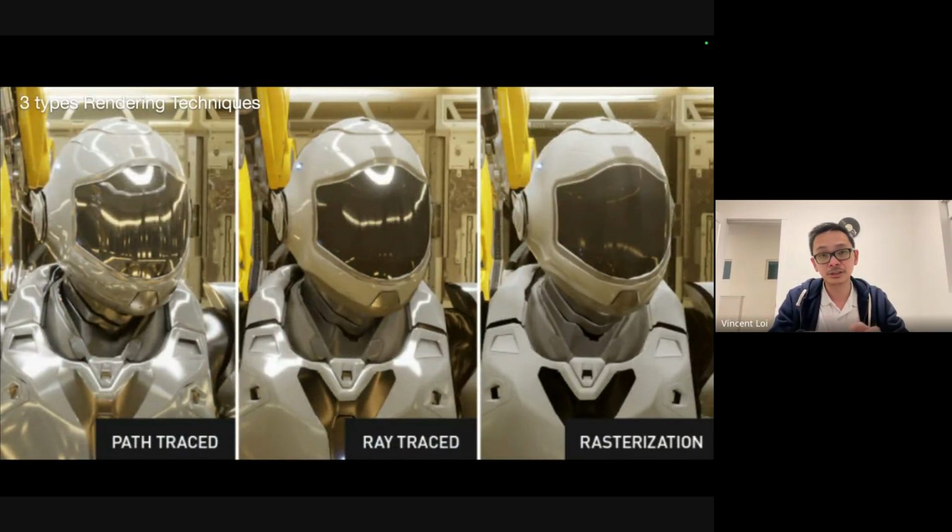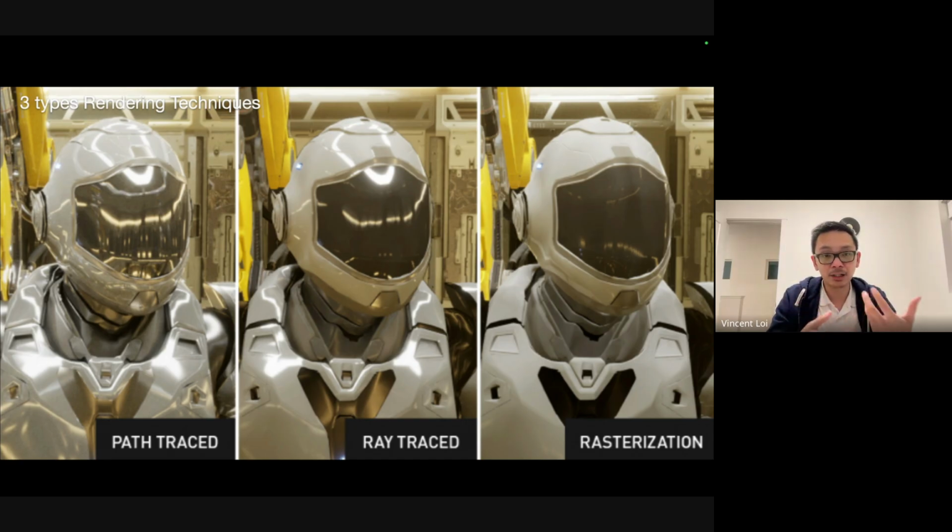And this is an image. I just want to show you the difference from rasterization to ray trace and to path trace. You can see the quality is different because you can see the shadows. Obviously, path trace is the holy grail, or we say the ground truth, that is supposed to look like real life, because with path trace we try to simulate the whole light bounce in the space until the light reaches our camera, or our eye.